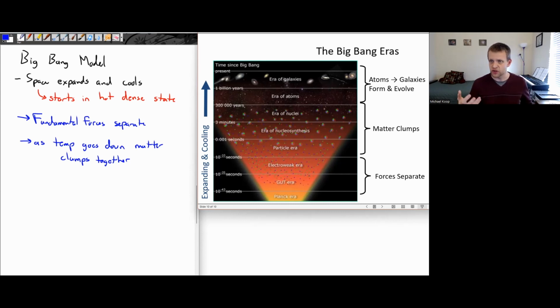So we're going to be talking about the timeline for this. And once we've gone through the timeline, then we're going to start talking about, well, what is our evidence for why we think that this actually happened? So those are all the topics that we're going to be covering in some of the next sessions.